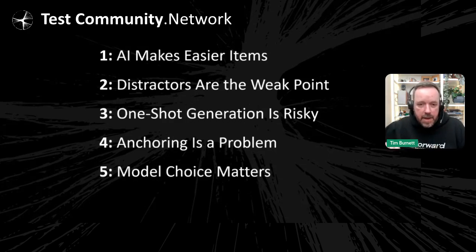Anchoring is a problem. This is where, if you're presenting the question, the stem, and the answer options, the SME is more likely to just look at it and go, yeah, that looks about right. Or there's a new principle in there that I've not really come across before, but that'll be okay. I'm just getting a bit bored now. I've looked at 10 and they were perfect. This 11th question I'm looking at, I'm sure it'll be fine. And you just get stuck in this loop of saying, yeah, AI's got it now, it's fine. You need to be checking these all the way.